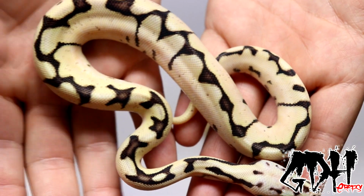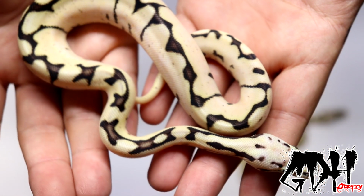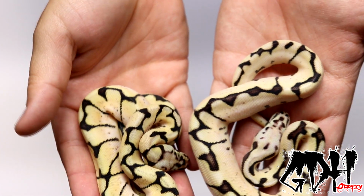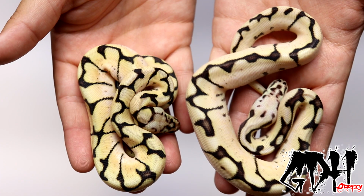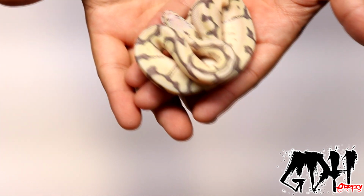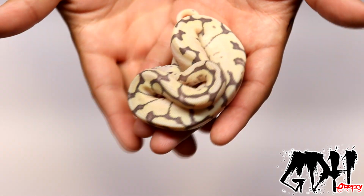It's got a lot of blushing inside these little star looking patterns right here, but for comparison, you can see the color difference. See that this one looks whiter. Okay, let's move on. Okay, so next baby we have here, we've got a killer bee, which I actually think